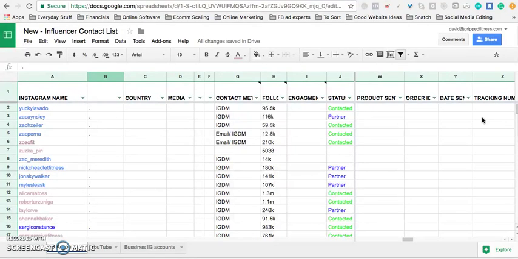So on the front end, if you have someone managing it, or if you manage it yourself and you record all that information down from the get-go, just like you would with any other customer that purchases from your website, it just makes the process so much easier. So again, guys, you can just use a spreadsheet similar to this, create something really simple that you can manage all the information of your influencers. Or if you really want to take it to the next level, you can get some sort of CRM. You could use something like Podio or some other CRM that helps you record customer information,